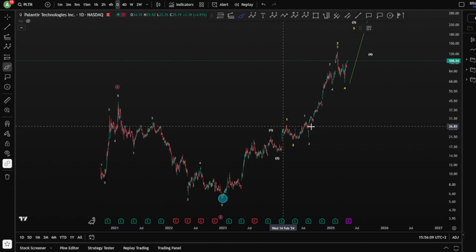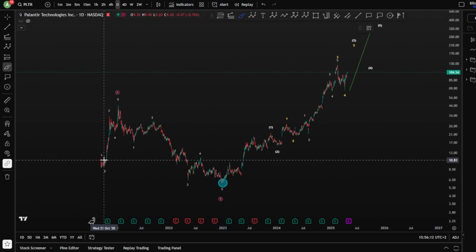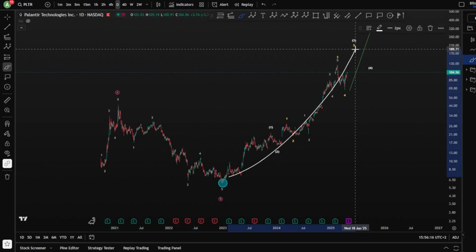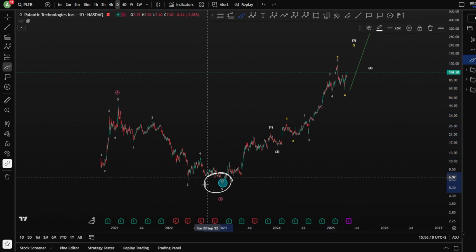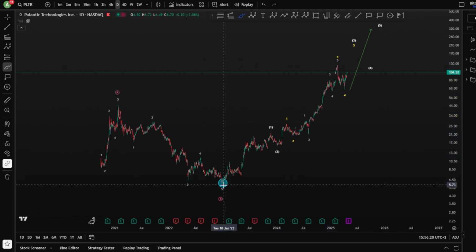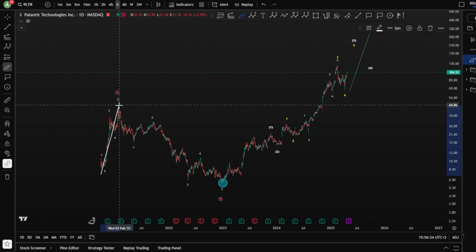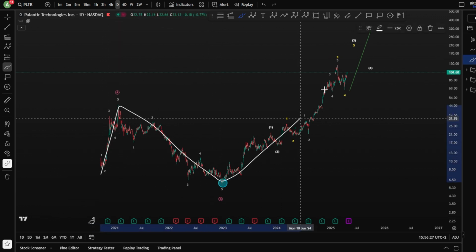Starting on the daily chart, we have a potential scenario of an ABC expanding flat to finish, of course, toward the upside, a wave C and a big impulse. Or potentially the market has found a new psychology here and we start our count exactly from this bottom, after an impulse up, impulse down and then impulse up.